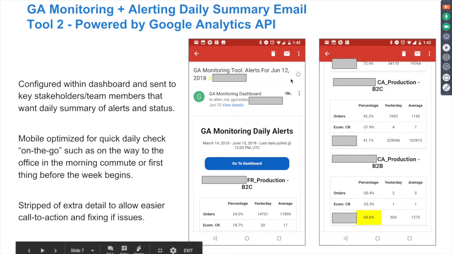And the reason I'm showing this mobile visual here is because the way our clients use this, every day they get an email in the morning, they can scroll through one quick email, all of their platforms and say, is my business healthy? Is there any major drops or is there any major spikes from campaigns or things that happened in the last 24 hours compared to that 90-day average, which is key.